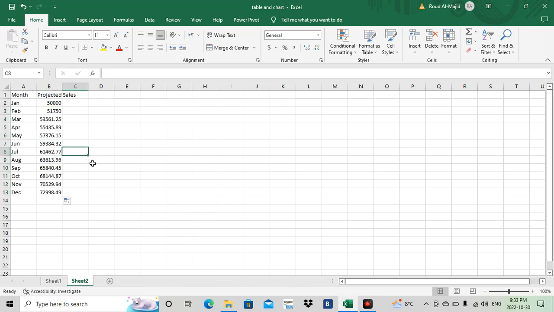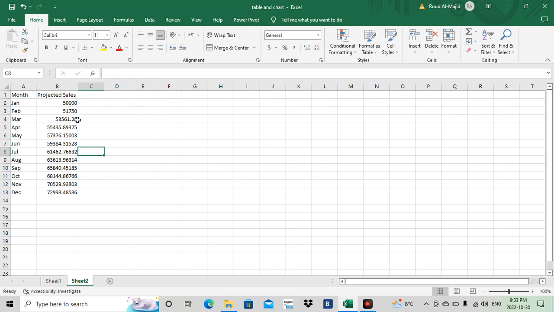Now we're gonna make this look better. Right now it's perfect, but we want to make it look more appealing. So first we're gonna fix this right here. You kind of see the projected sales is out of the cell. So right here, you want to double click with the left side of the mouse to fit it. Here we're gonna click and then go all the way down, shift, and we're gonna put it on the